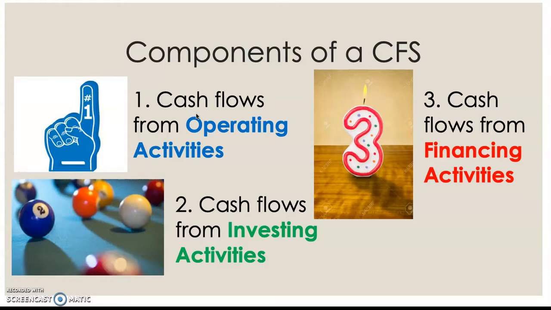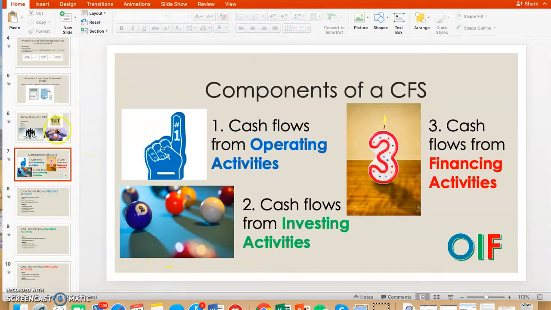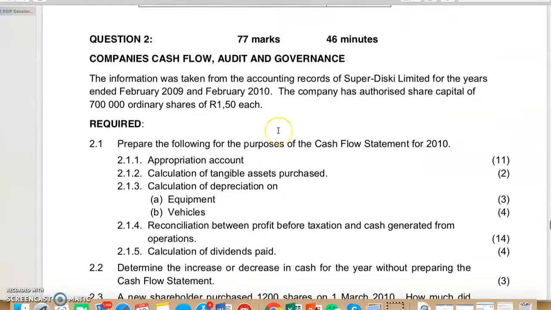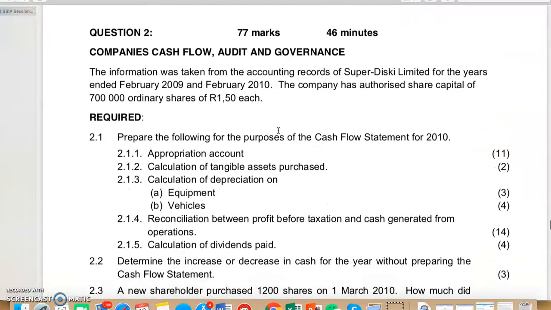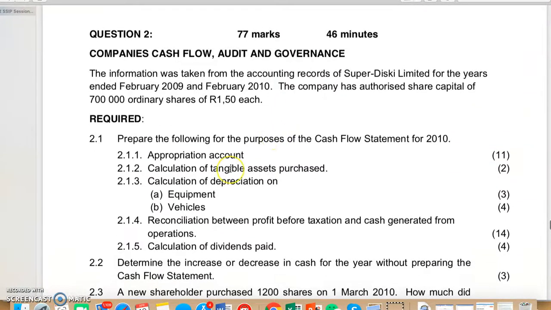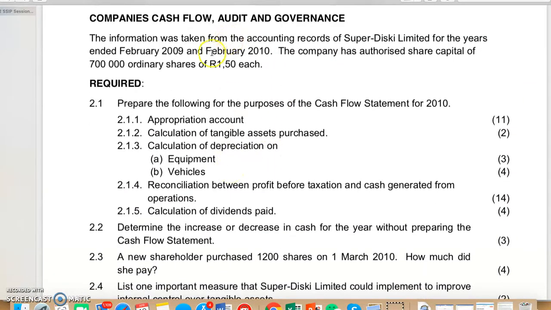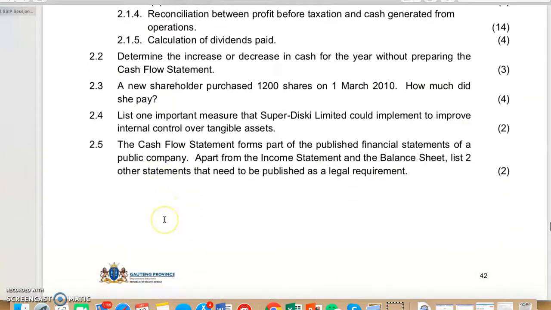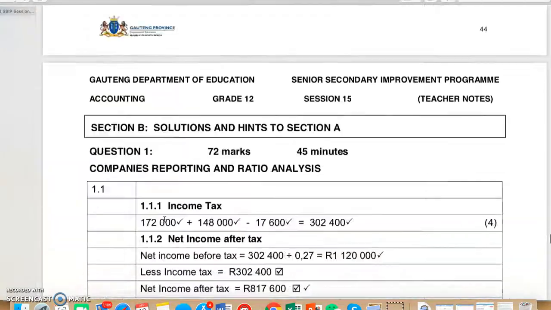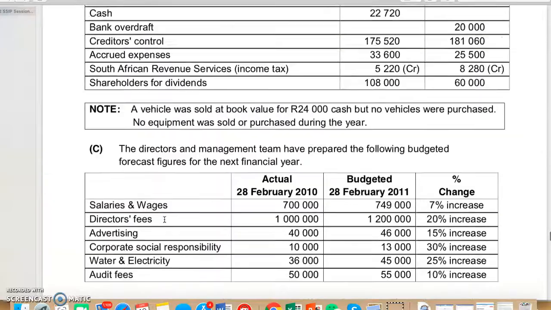So, okay, let's start with our question. And our question is, let me find it very quickly for us. Our question today, we will be looking at this question which was sent to you. And so it says cash flow statement for 2010, and they give us all the information, and